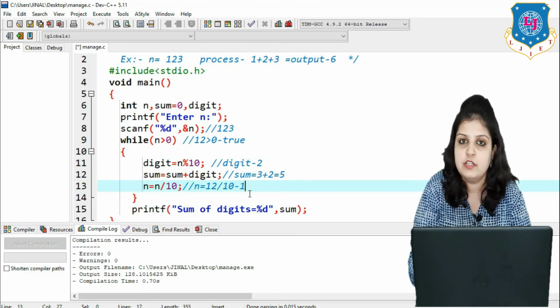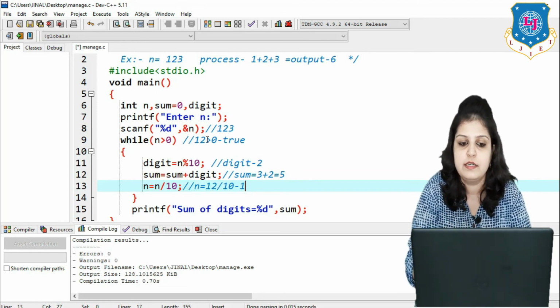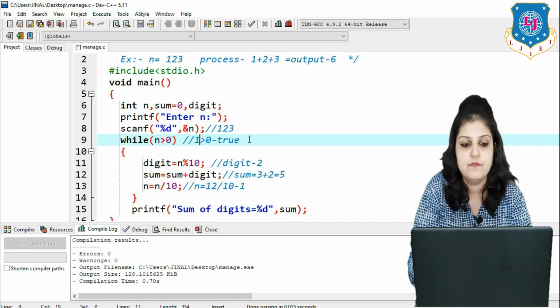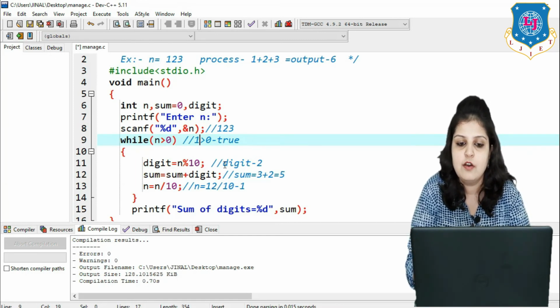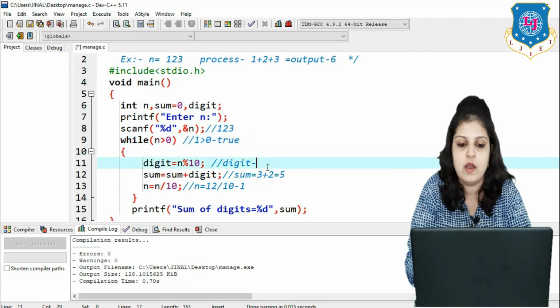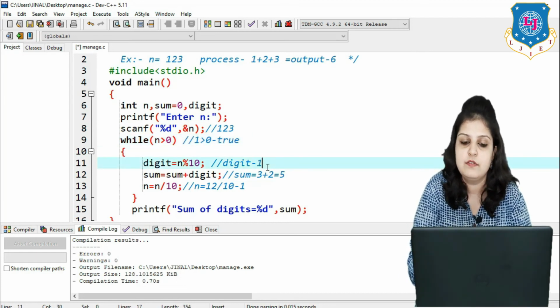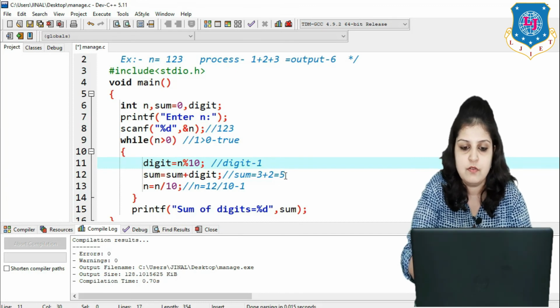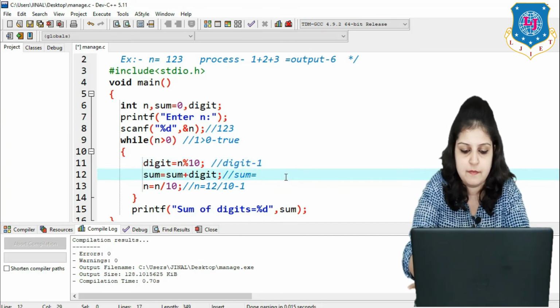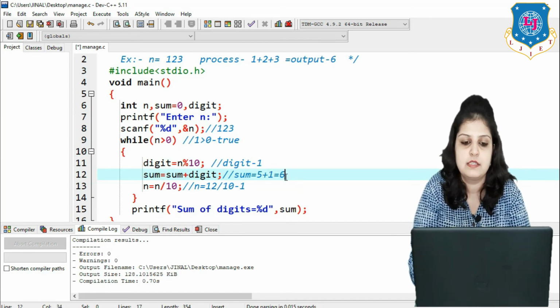Now check the condition for new n, that is 1. So 1 greater than 0, again condition true. Again digit value will be found, so 1 modulo 10, we will get the answer 1. Now again sum is equal to sum plus digit, so our previous sum value is 5, and 5 plus digit value 1 is equal to 6.